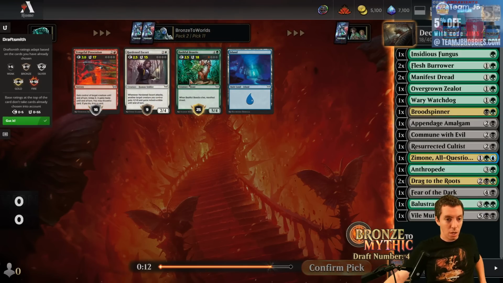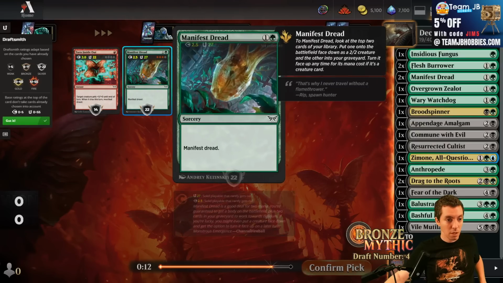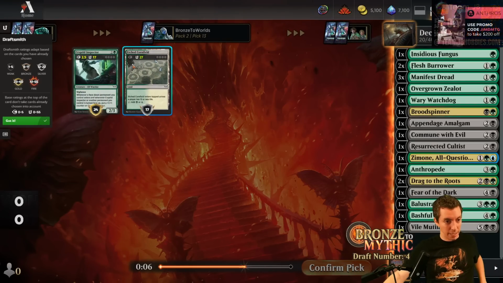That's pretty huge. Honestly, Bashful Beastie is just good. I just like this card. Another Manifest Dread. Man, we have so many Manifest Dreads. Oh, man. And then we get... let's take the land here. We're not playing the Inspector, I don't think. We have plenty of playables, so...